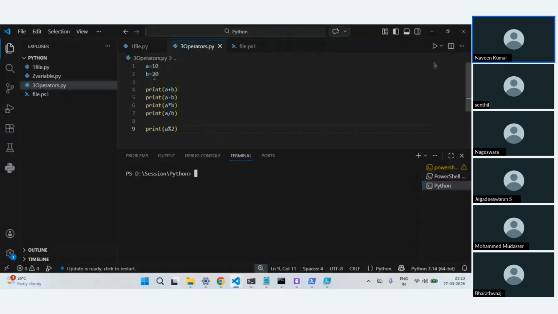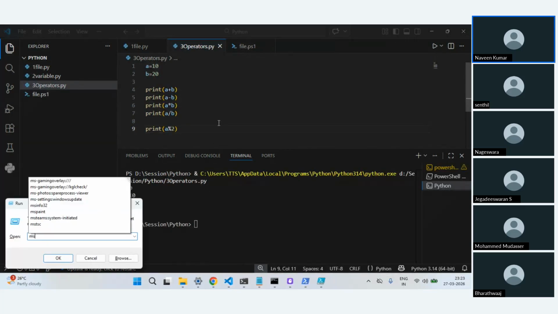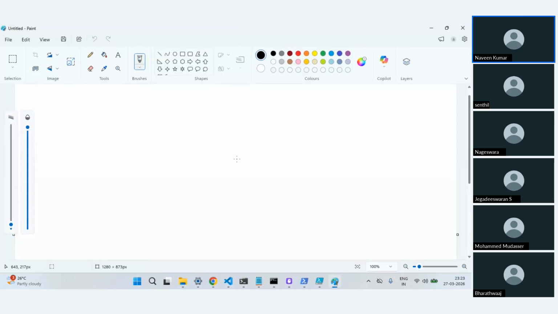I mean, 10 is divisible by 2, right? So that's why you get 0. So what I will do is, okay, modulo is nothing but, let's say, in this case we had 10, right? So if you go to the old school method of how we do this division, if I have 2 here and we had 10, okay, 2 times 5 is 10, right? So your remainder will be 0 here, okay. So in this case, what do you call this one? This one is a remainder, okay.